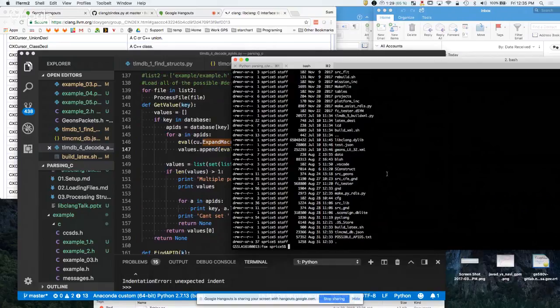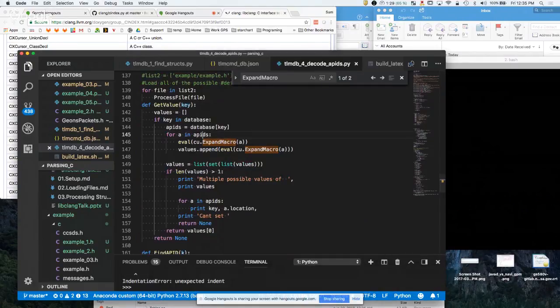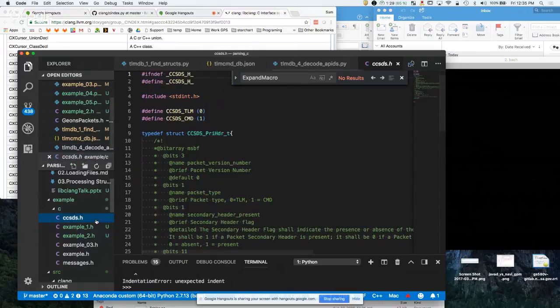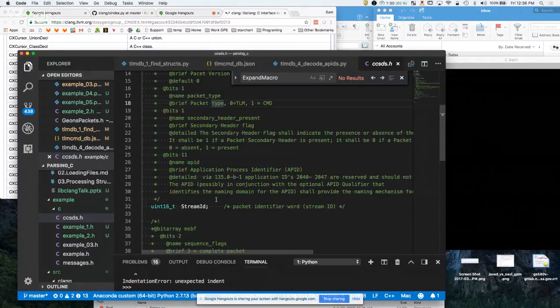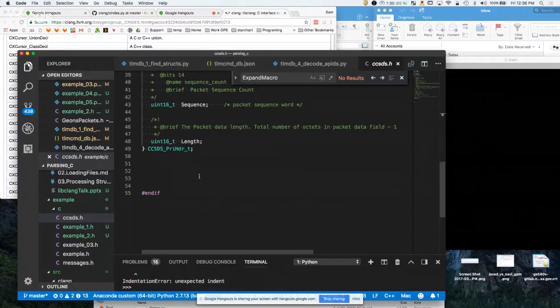He was asking how would you deal with dynamic arrays. In ASSIST, some of the CCSDS packets have dynamic arrays that are defined inside the packet. Variable length. Yeah, so the way I would deal with that,